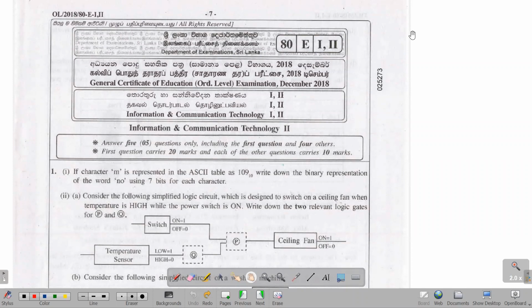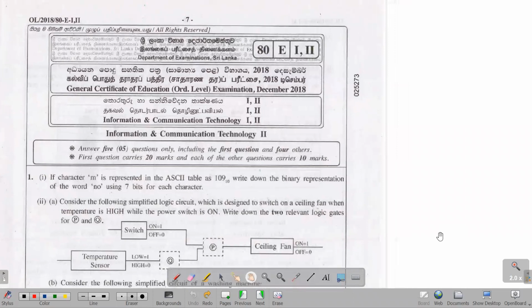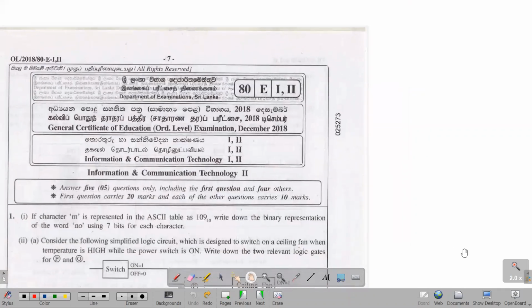So the first question is about the ASCII number system. It is asking, if character M is represented in the ASCII table as 109 in decimal, write down the binary representation of the word "no" using 7 bits for each character. All right, so if it is ASCII, we know that the